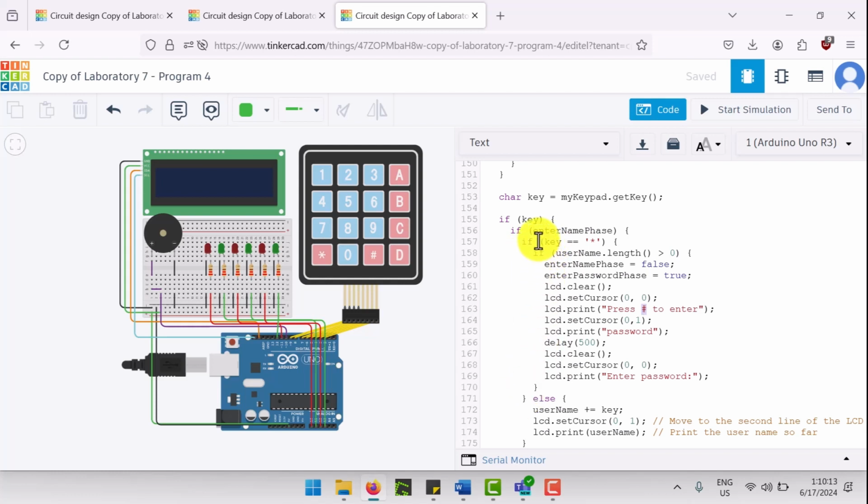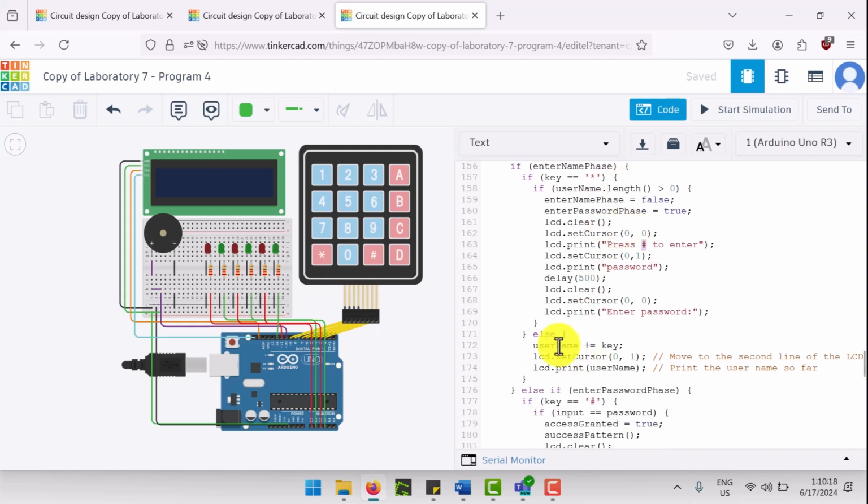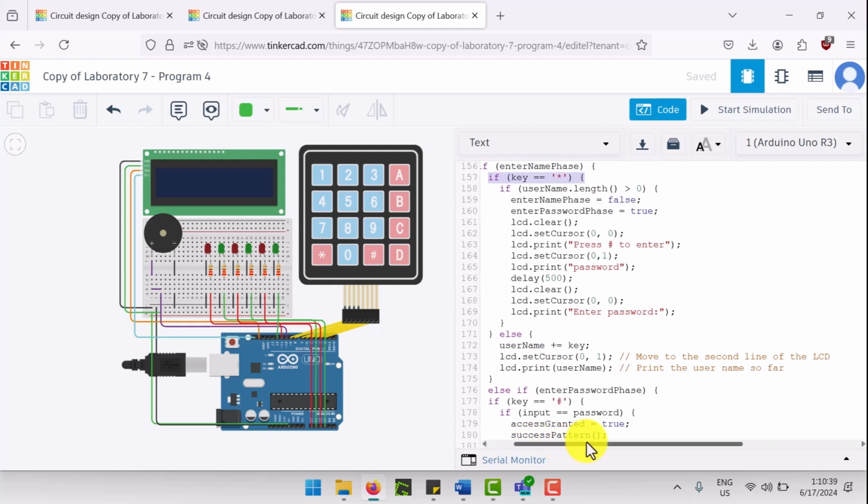This time, it will be if enter name phase. Okay, I'm sorry, if the user here, close. Okay, it's here. So if the key pressed is plus, else the username will be moved to the second